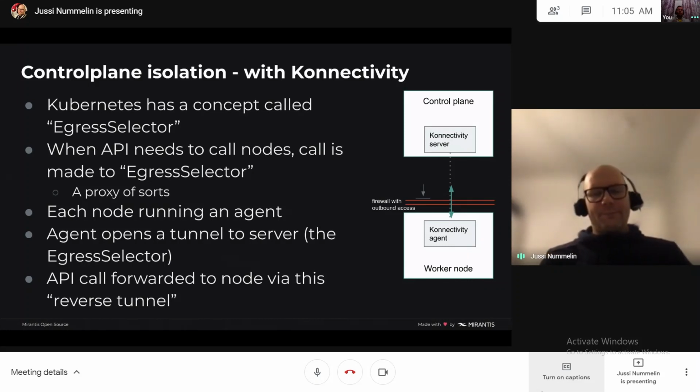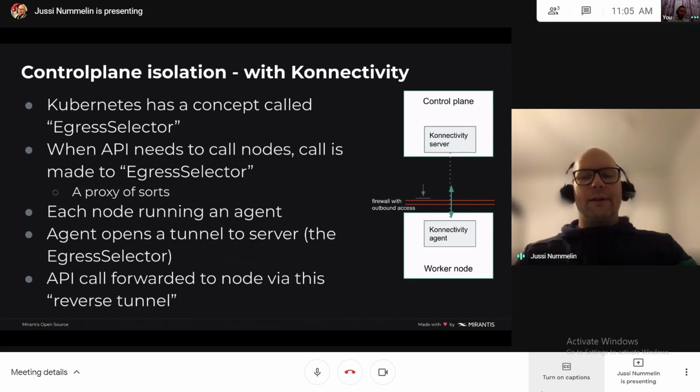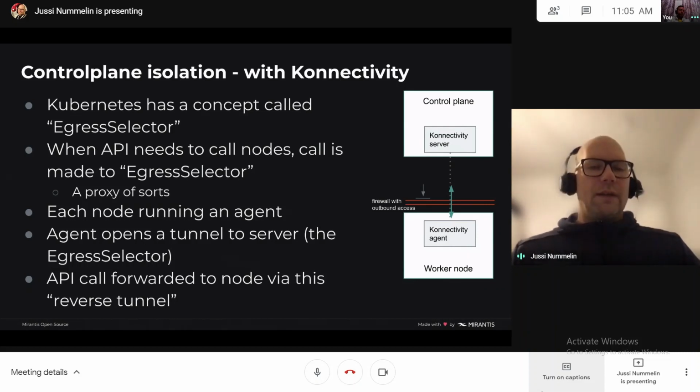And now on the worker plane, we set up a component called connectivity agent as a daemon set. So it's basically running on each of the nodes. The agent itself is configured to call home. The agent opens up a socket connection to this connectivity server, and this connectivity server is configured as this egress selector.